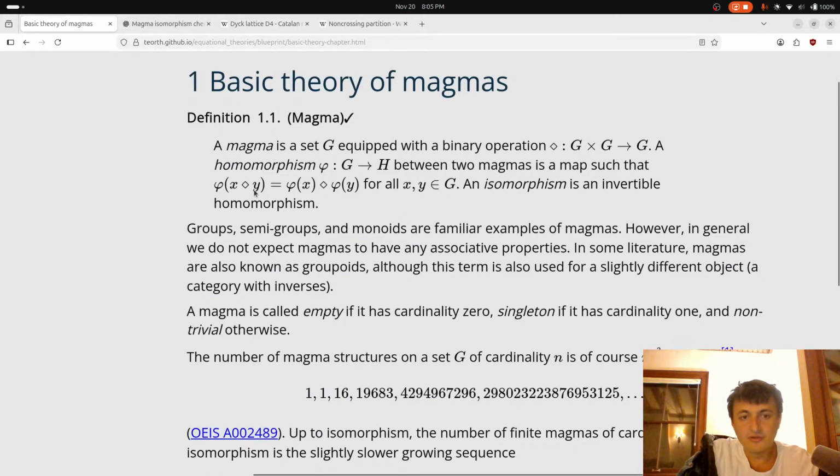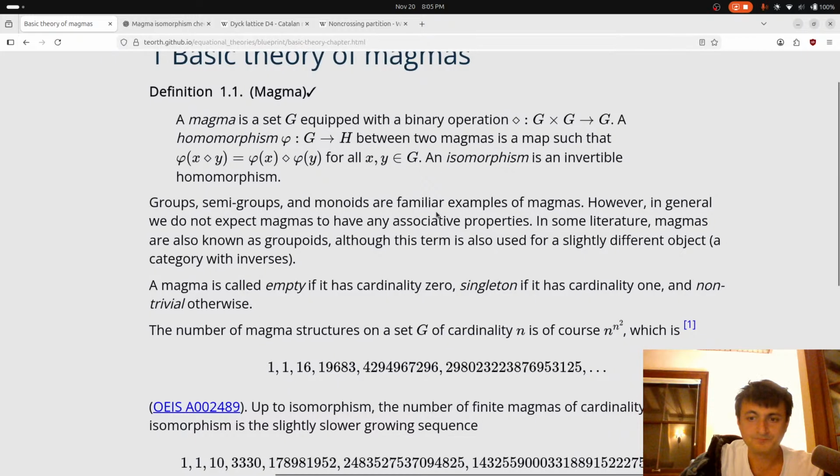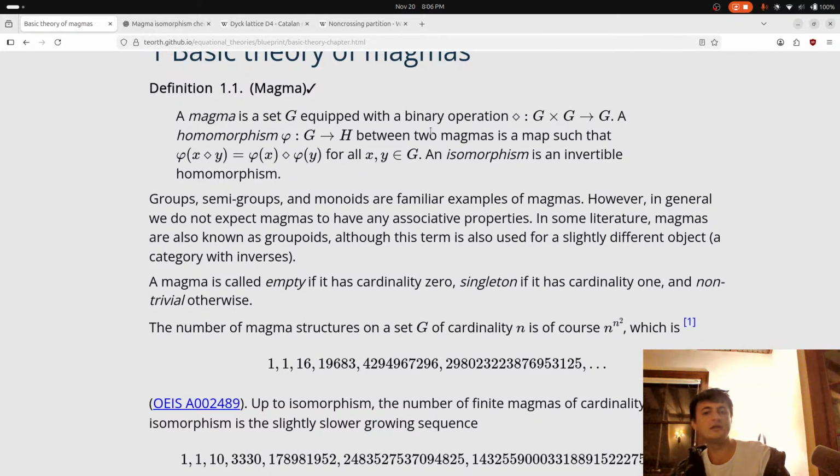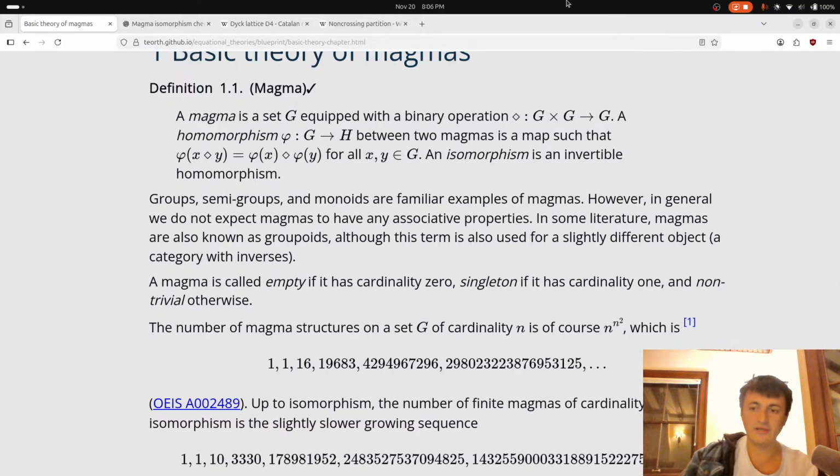Anyway, so I was trying. So I probably need to come back to the homomorphism and isomorphism definitions. But one thing that they say, of course, and actually, if you're mathematically inclined, the number of possible magmas on a set of size n is pretty easy to figure out. So, actually, do I have my iPad? Maybe I'll get my iPad so we can just draw it out. That sounds kind of fun. I'll be right back.